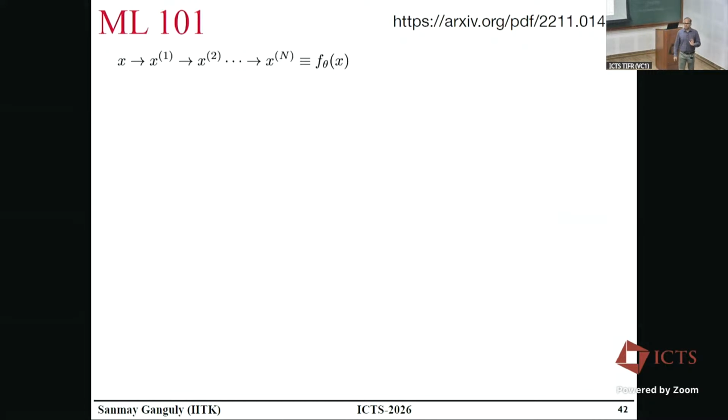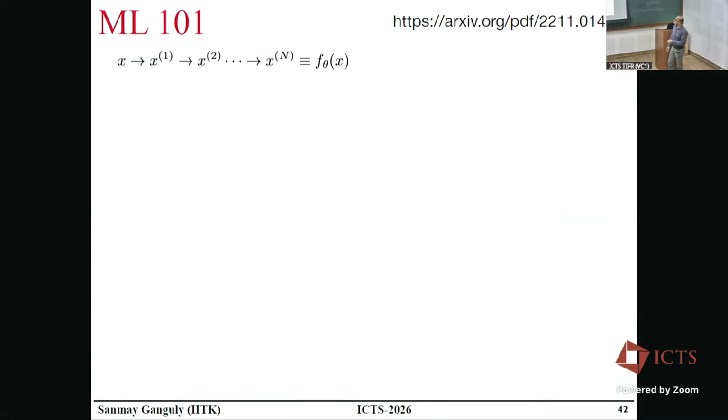So what do we do essentially? Look, if I have a parameterized function which consists of layers, which means it's a nested function, that means if I give input some data x, it goes through one iteration of the function, and the output of one layer is fed to the second layer. That's what a nested function is. And once you do it, let's say you have some output starting from the input x, and it goes through some iterative layers. That's what x1, x2 means.